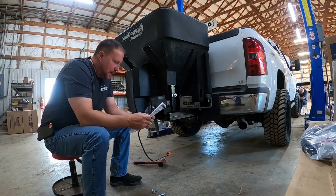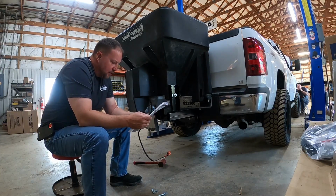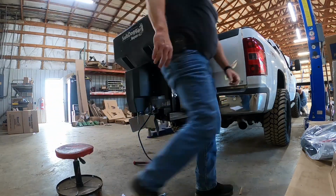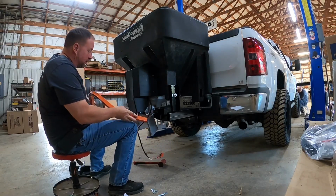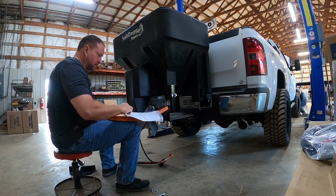Okay guys, so we have got figure 7. Moving on to 8, which is the bar. 9's gonna be a spinner and 10's gonna be the latches. I will admit the directions aren't too bad. So looking at the bar,